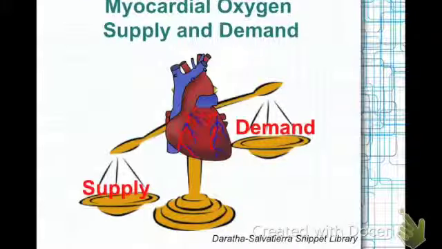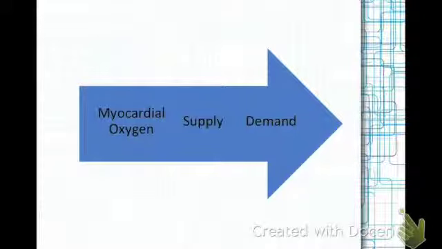One of the most common strategies to reduce the work of the heart in patients surviving myocardial infarction involves reducing myocardial oxygen demands of the heart, as well as preventing abnormal rhythms or dysrhythmias. When supply of oxygen cannot meet the demands of the working heart, the heart is at risk of becoming ischemic, and we know that unresolved ischemia can lead to infarction. In order to better understand how myocardial oxygen supply and demand contribute to myocardial ischemia and infarction in a patient like Mr. Jones who experienced an MI, please proceed to the next video in this series titled The Myocardial Oxygen Supply and Demand.